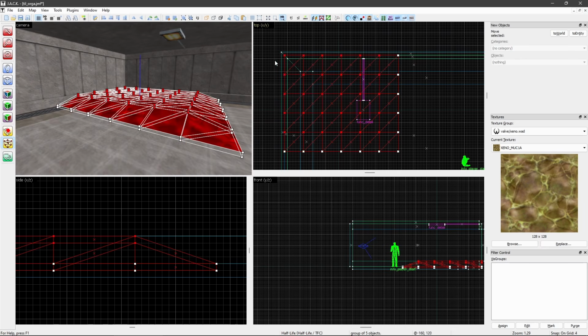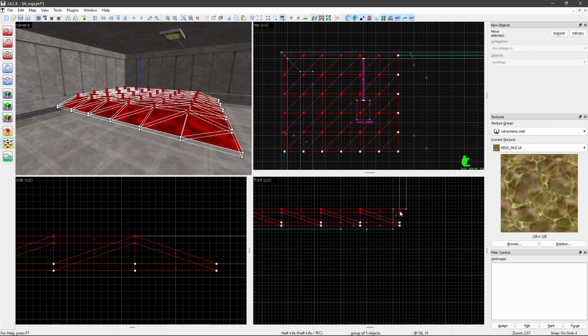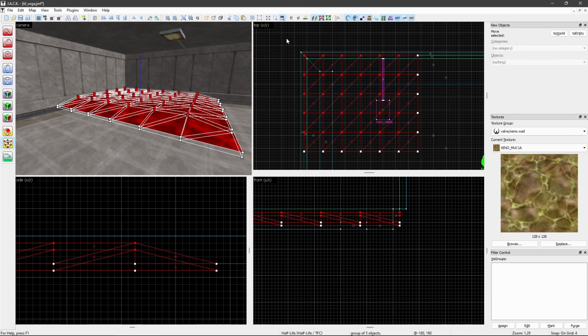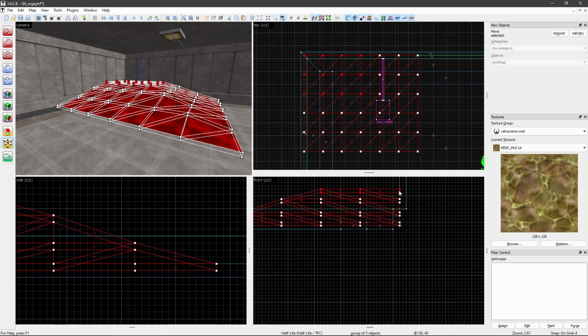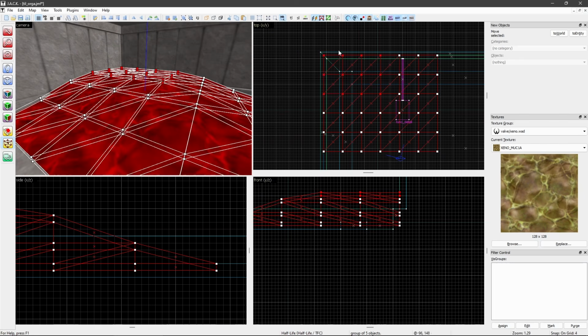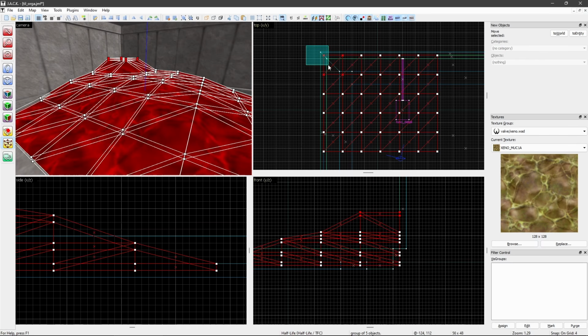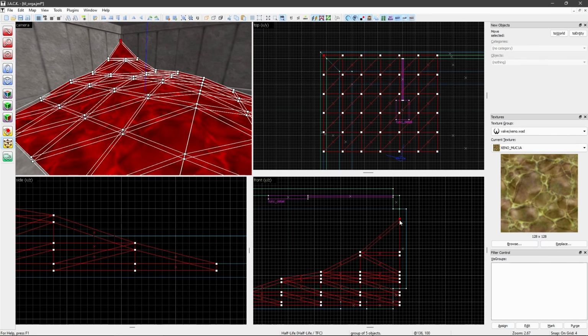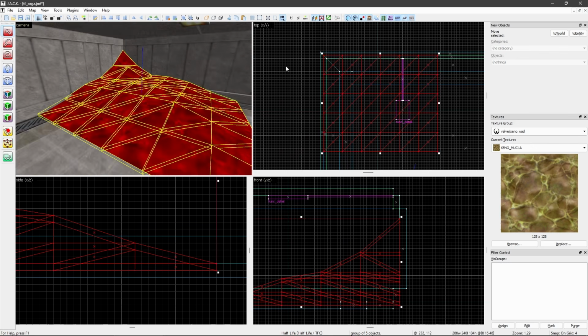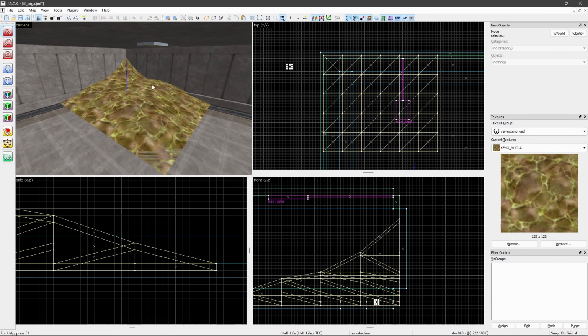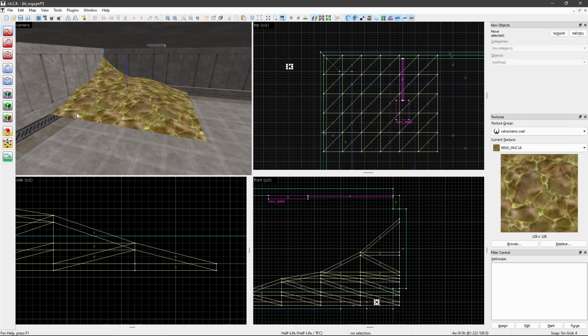Now I can select the edges in the top-down view and manipulate the height. And again, like I said, I want to give this a very rough shape, kinda like a rough idea where I want to be going with this. And let's go a little higher in the corner, like this, maybe even like that. So we basically have a rough shape already,